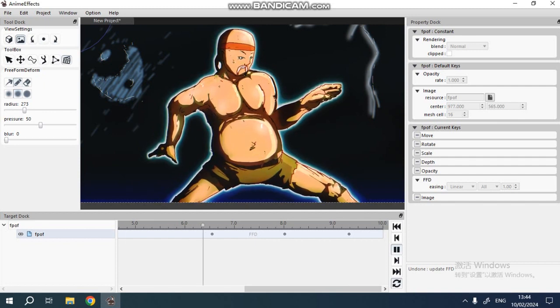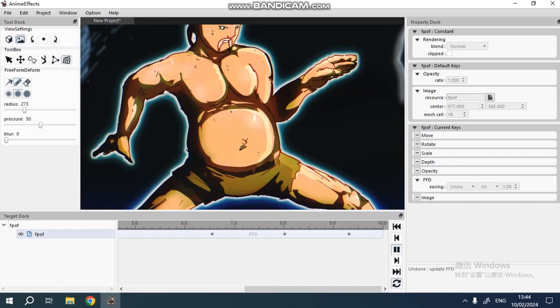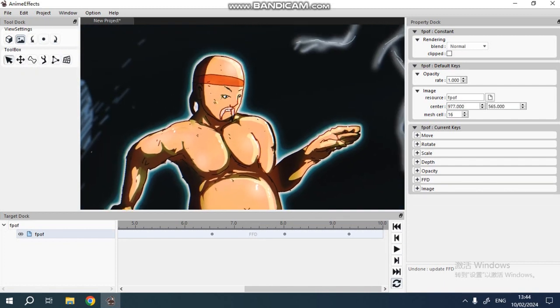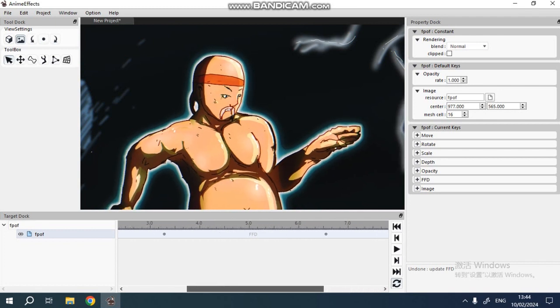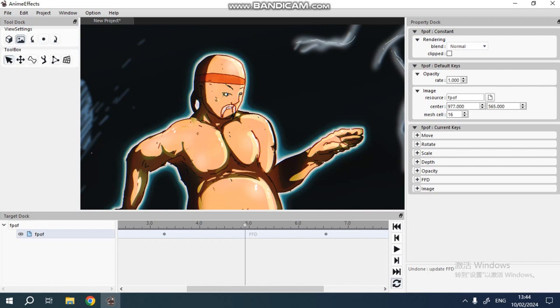Can we speed it up though? There's a way of speeding it up, definitely. You can see how I can do it there. So how many frames do we have here? So initially at the start there's not much going on, right? Okay, so